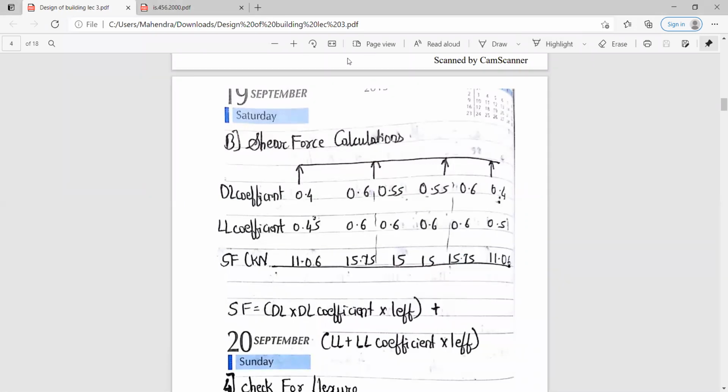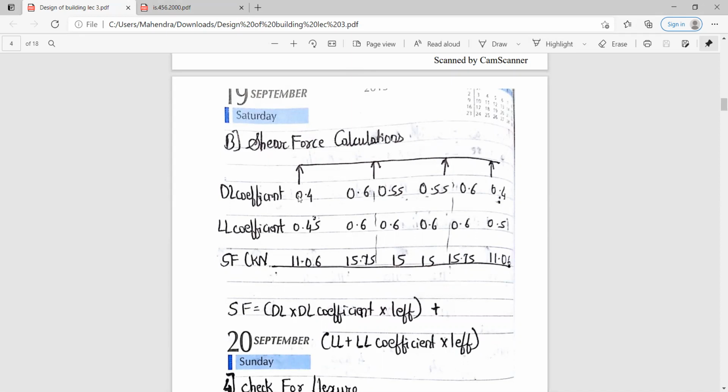Here also, the value for the dead load is 6 kilonewton per meter and the value for the live load is 4.5 kilonewton per meter. And as you know, L effective is 2.5. The dead load coefficients and the live load coefficients are given according to your IS 456 2000. What is the dead load coefficient here? 0.4. So 0.4, and here the live load coefficient is 0.45.